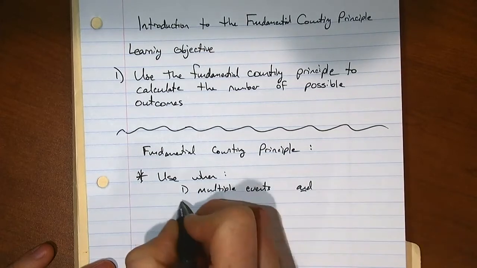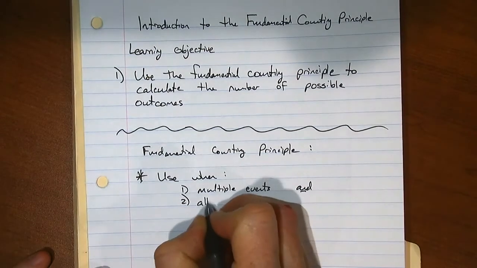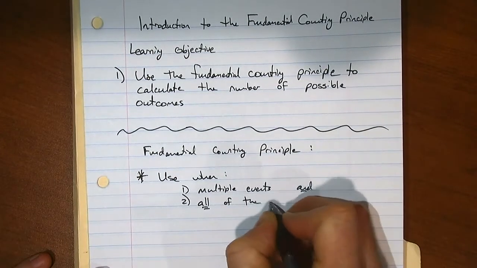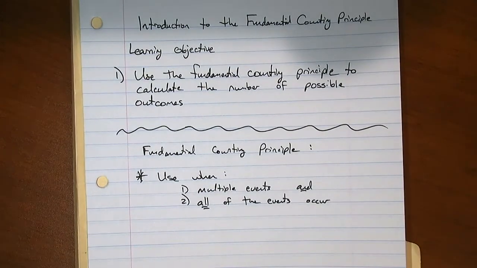And, okay, both of these things, it's got to be both of them. We're going to use it when there's multiple events and all of the events occur. Now what do I mean by that? So let's take the rolling a die example. If I'm trying to find the number of ways that I can roll one die and get an even number, there's only one event, so the fundamental counting principle doesn't matter. But if I'm trying to find the number of ways that I can roll the die twice and get an even number,